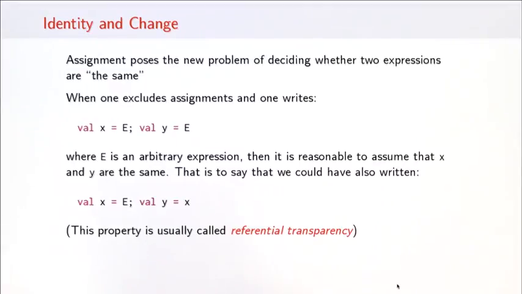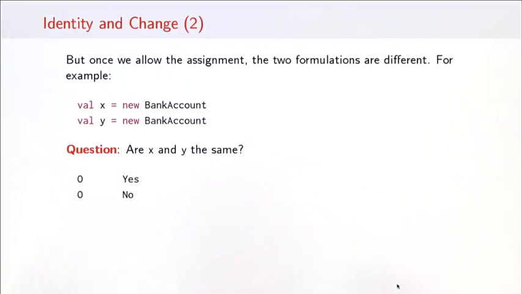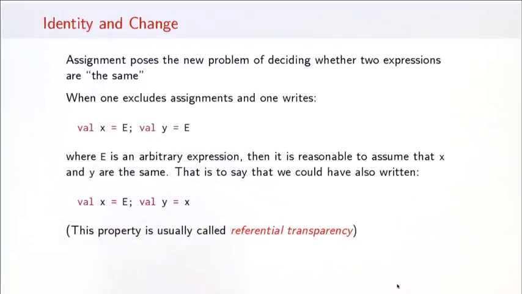In fact, if we use the substitution model, then having written that, we would reduce in one step to a program like this, because the rule for value references means that we replace a value reference x by its right-hand side e. So we arrive from here to here in one step. But once we introduce assignments, the waters are considerably muddied, and we will see how on the next slide. Once we allow for assignments, the two formulations above don't mean the same